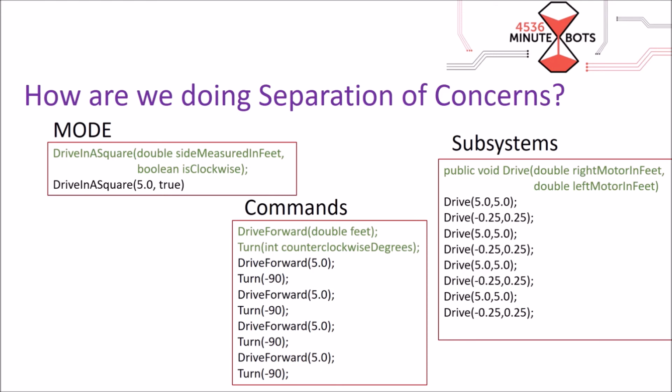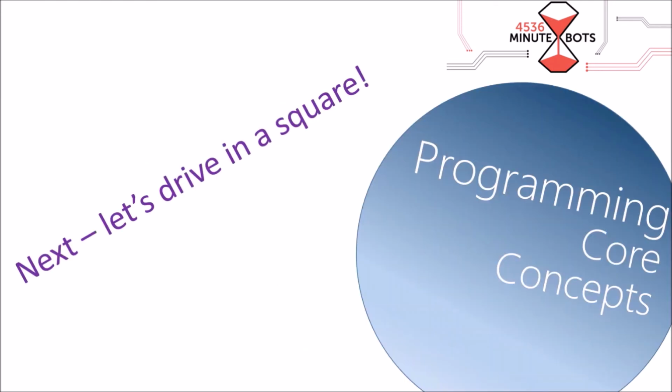Now, this may seem like a lot of work, but by breaking it up in this way, it gives us flexibility to change things and to test things. For example, what if instead of drive in a square, we decide to drive in an equilateral triangle of 5 feet? Well, it'd be very similar with a few minor tweaks to the code, but it'd be really, really easy to code from this point. So what we're going to do in our next video, hopefully, is we're actually going to create that code. We're going to create code so that it can drive in a